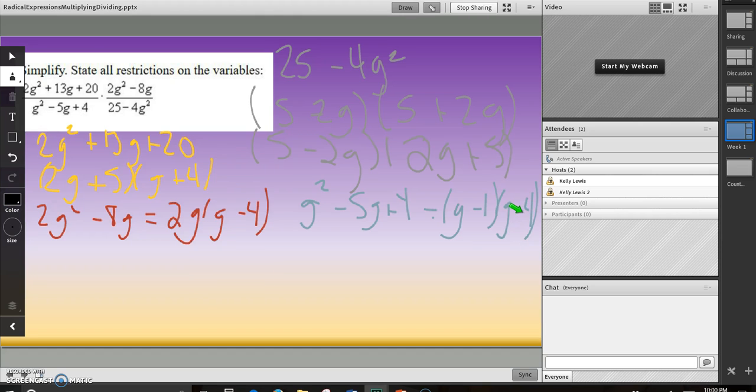Okay, so that's everything. I'm going to write it as one huge fraction. All right, so 2g plus 5, g plus 4. Then this guy is 2g